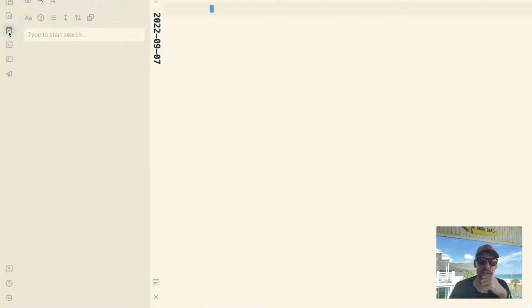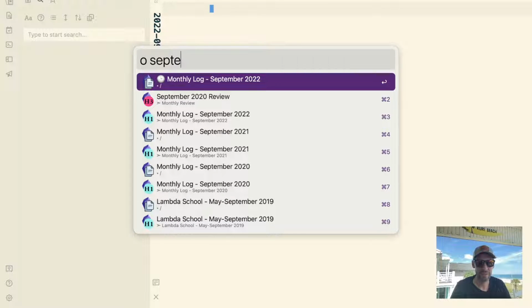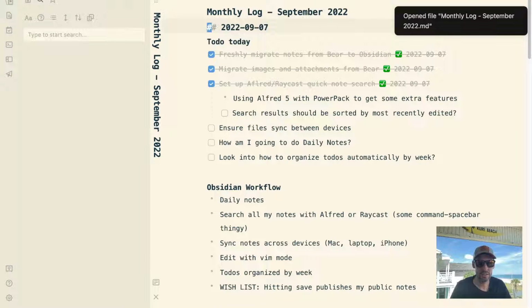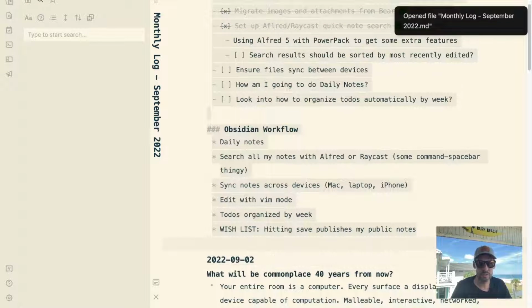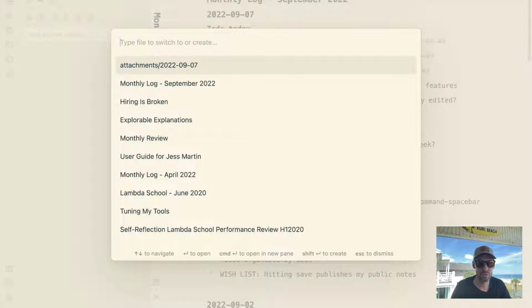So if I click open today's daily note, apparently that takes me to a daily note with today's title in it. Sorry, I'm still using that BS, which is Bear Search.